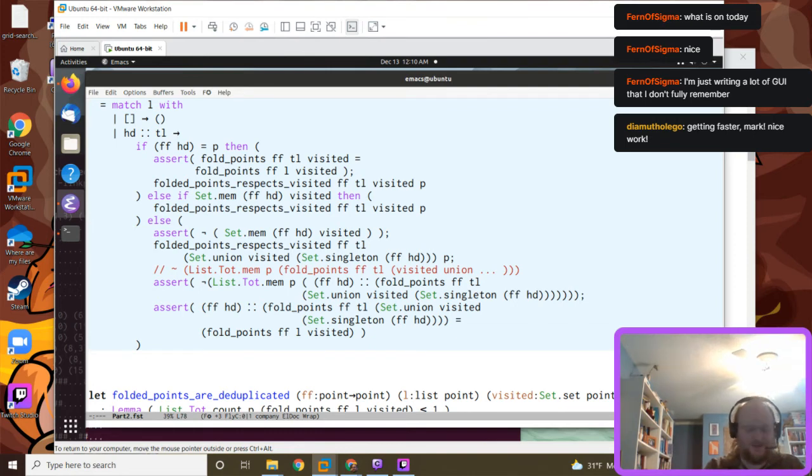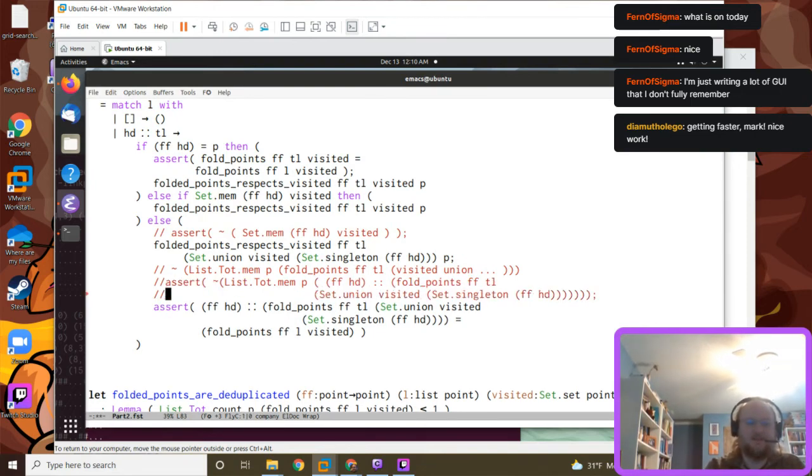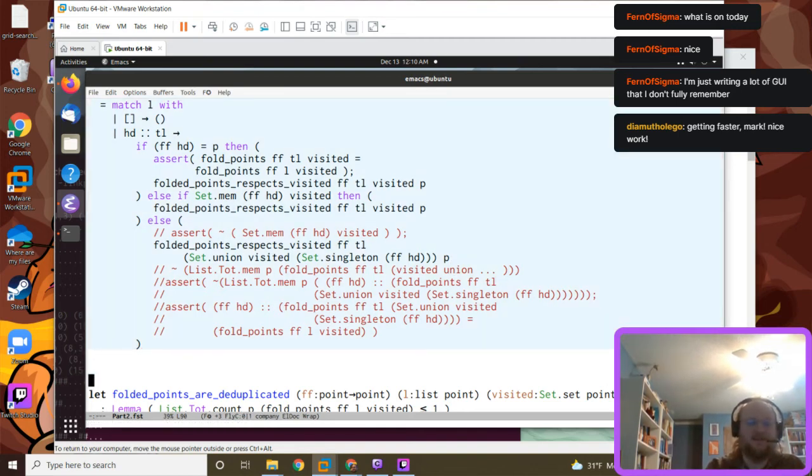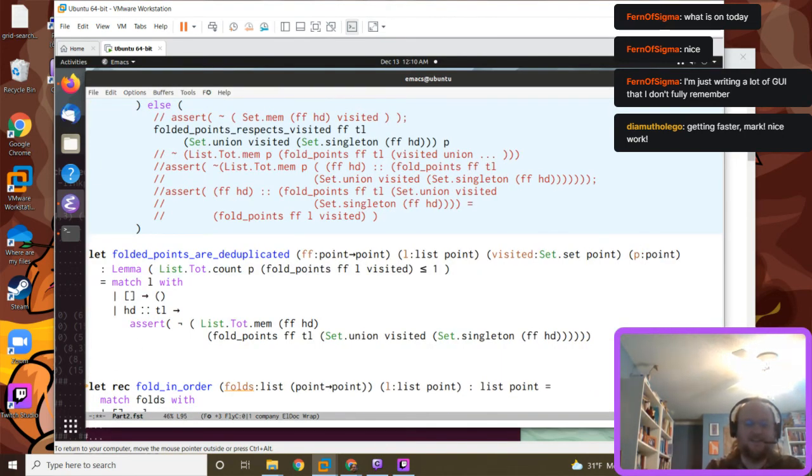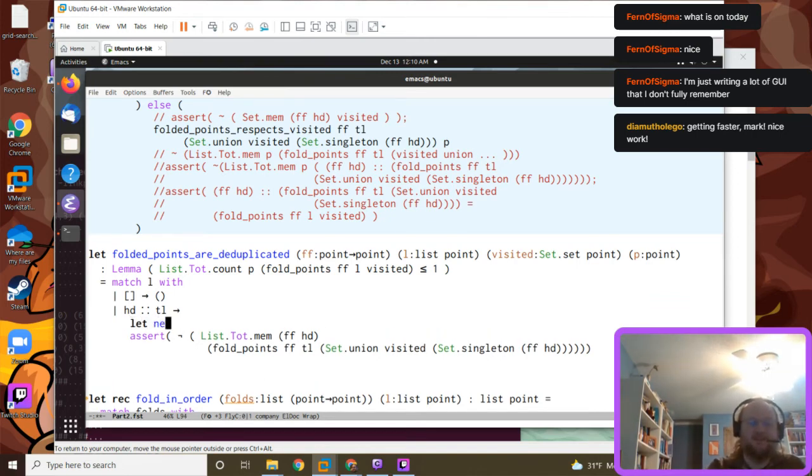I think we can comment out these other assertions now that we know what's going on. All right. So we've proven that this function will never return a point that's in the visited set. And here we added a point to the visited set. So let new point equals